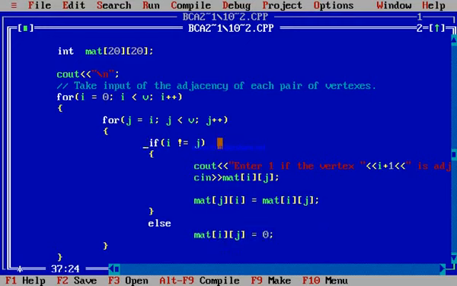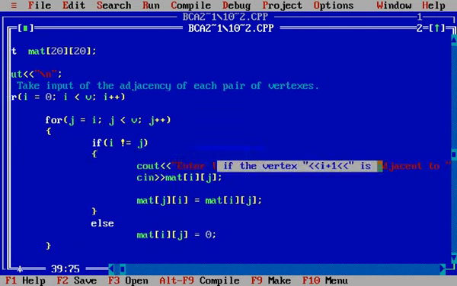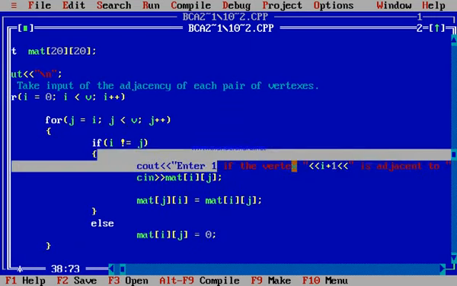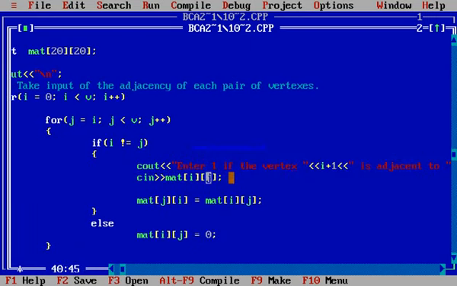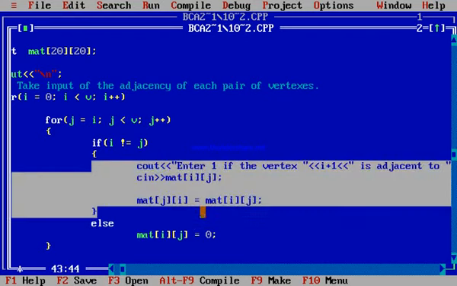If I is not equal to J, then one message should be displayed here, enter 1 if the vertex I plus 1 is adjacent, and the user presses 1 or 0. If an edge is present, the user presses 1. If an edge is not present, the user presses 0. And according to that, this input is given by the user.